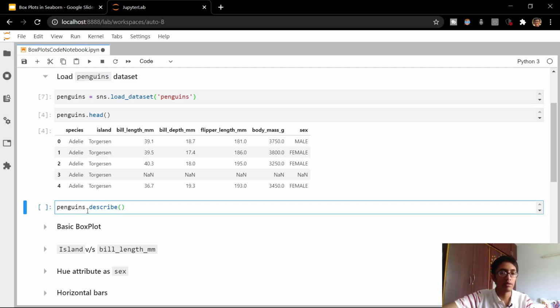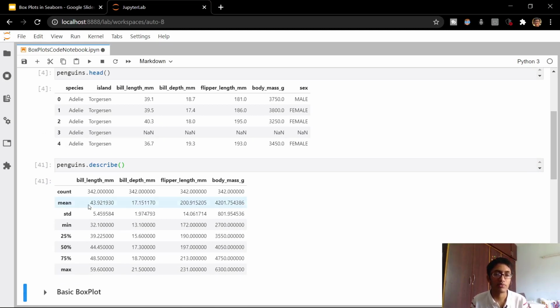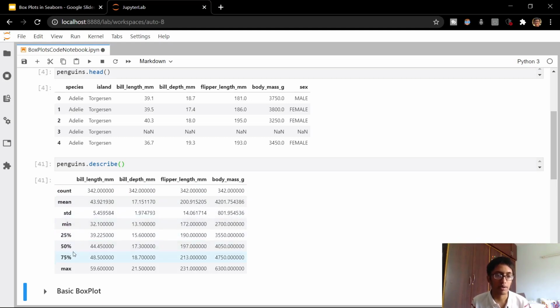So you can just do penguins.describe, and you can see that we get a list of summary statistics for the numerical data in our dataset. The various types of summary stats here are mean, standard deviation, minimum, the different percentiles, and also the maximum value.